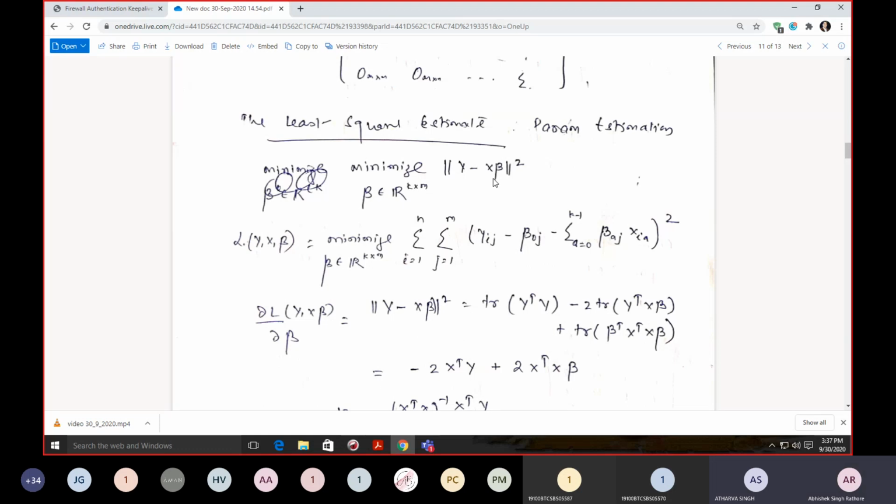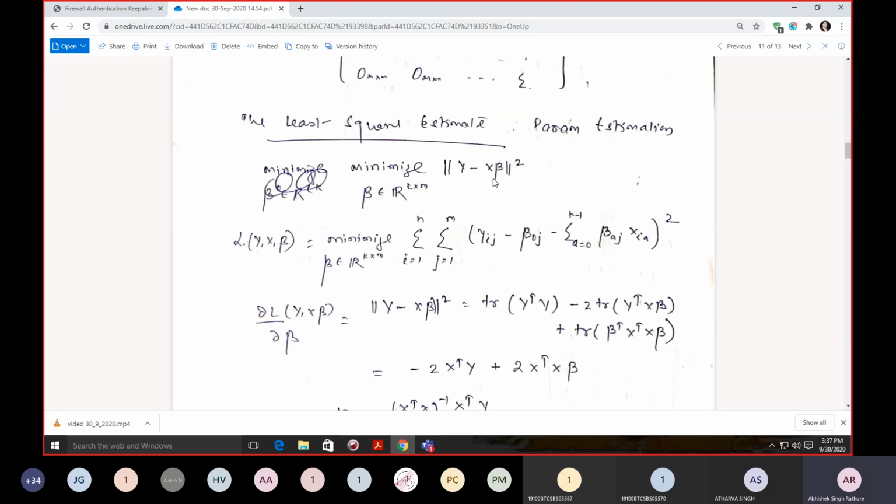Minimizing our least square. What is this? We are going to minimize this least square, which is y minus y hat. It means that we are going to minimize the difference between our original value and our predicted value. So we are differentiating this, y minus y hat. When we differentiate, we will be taking the trace of this matrix.